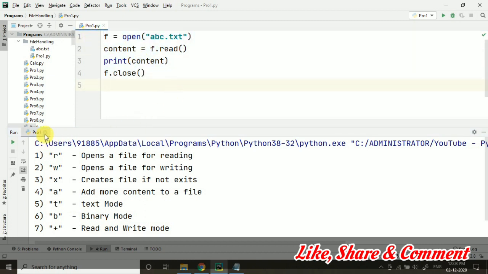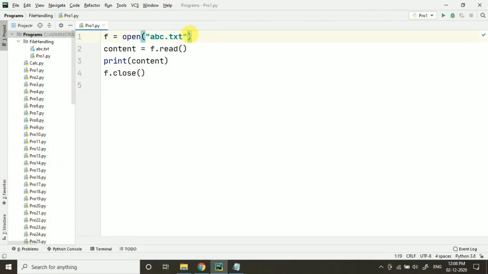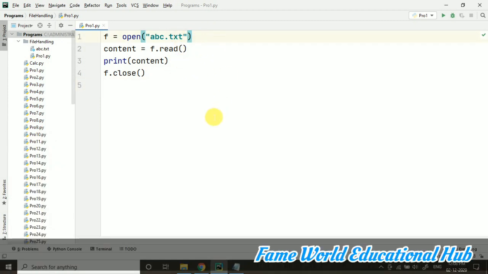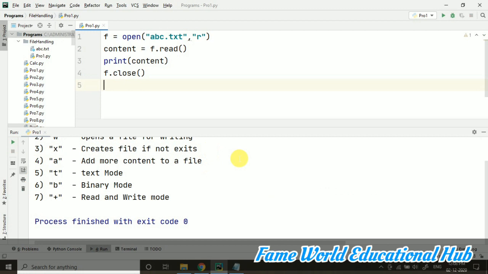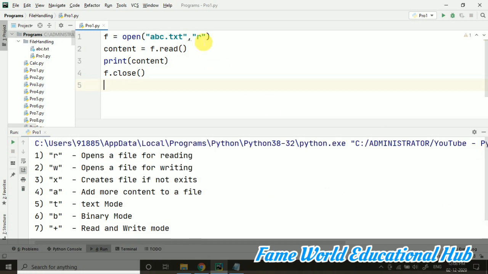Now by default, when I am not taking anything here, like I have not mentioned any mode, but yes, we can mention a mode also. Suppose here I am taking r. So r is the read mode. Then also it will be reading the data only. By default, the mode is rt. The default mode is rt. rt means